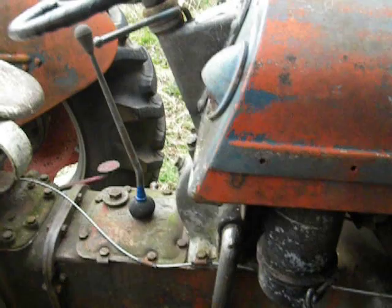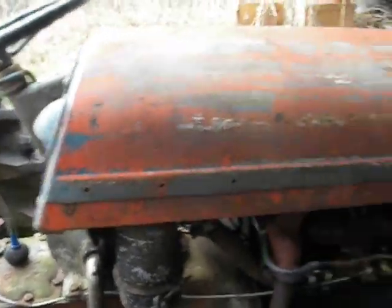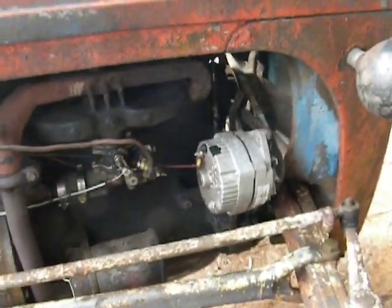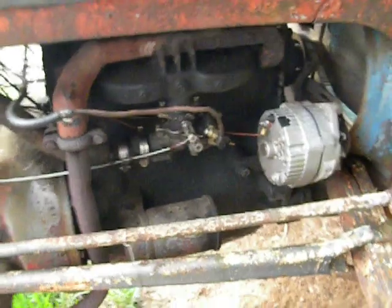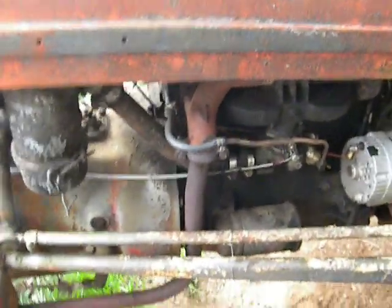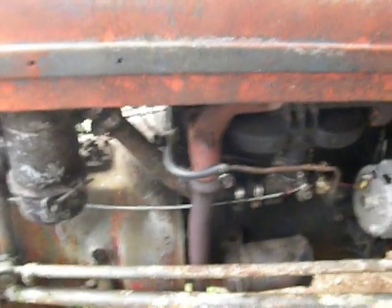Well, it is a throttle, or was the throttle, and that through a series of rods and stuff worked the carburetor. Well, that broke, and I should just go on and tear it apart and put it back original, but decided I didn't want to tear it apart, so I got a